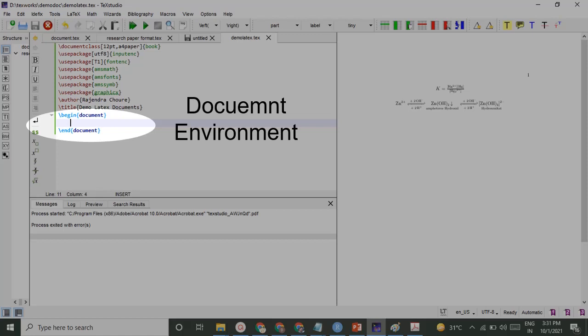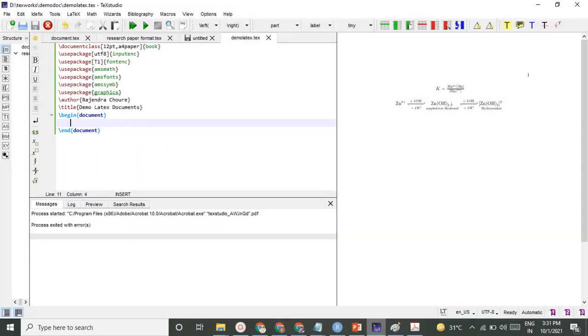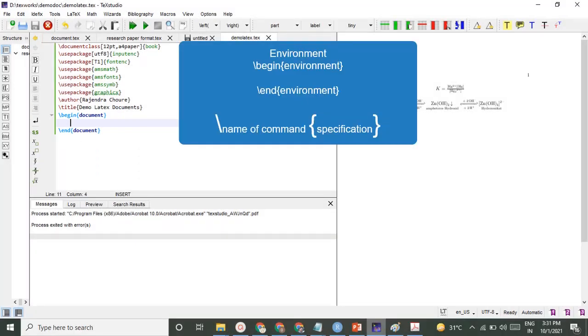This is called the document environment. Each environment starts with begin and end. Note here that each command starts with a backslash followed by the command name and then a pair of curly brackets. You write the specification for that command between that pair of curly brackets.